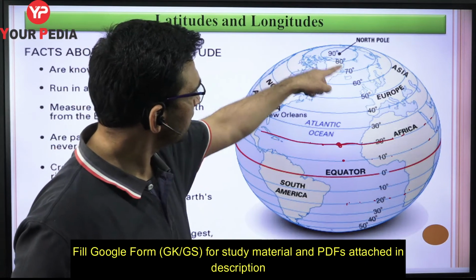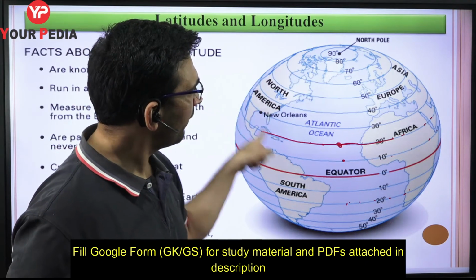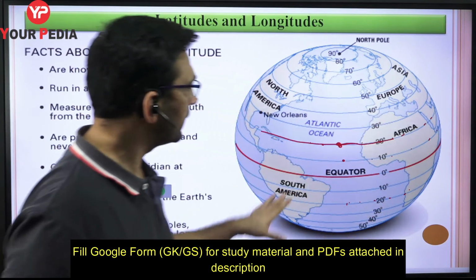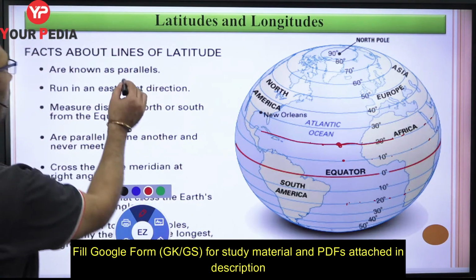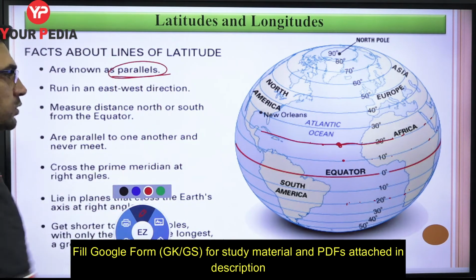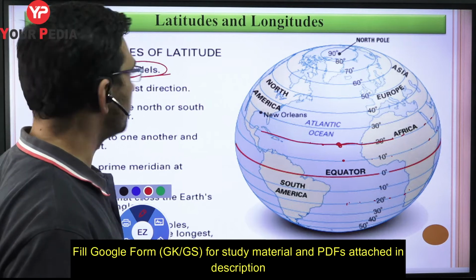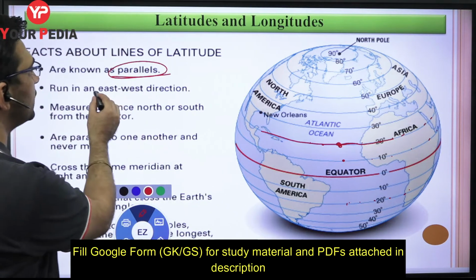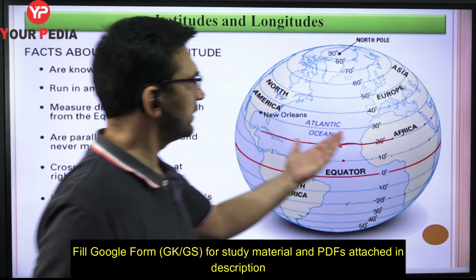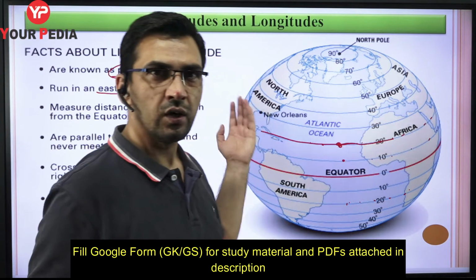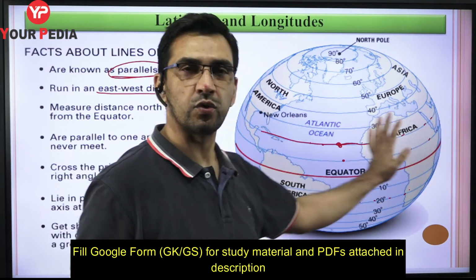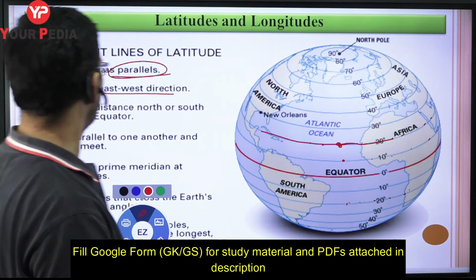तो अगर आप देखोगे ये इसके parallel है, this one is parallel to this, you could have n number of such circles which are parallels to each other. That is why they are also known as parallels, or parallels of latitudes. How are they running? They are running in the east-west direction. It is immaterial whether you say west or east, or east or west. You can say both ways.